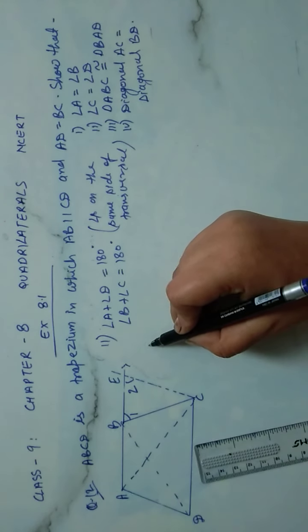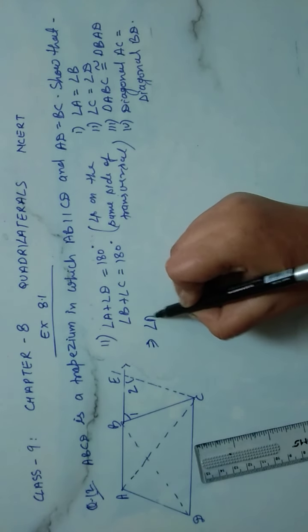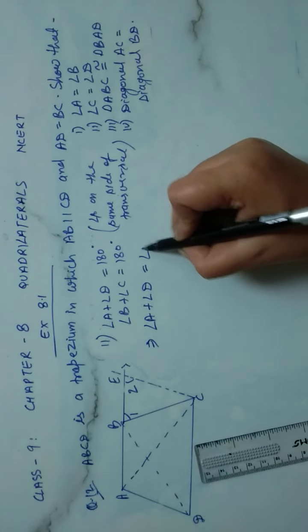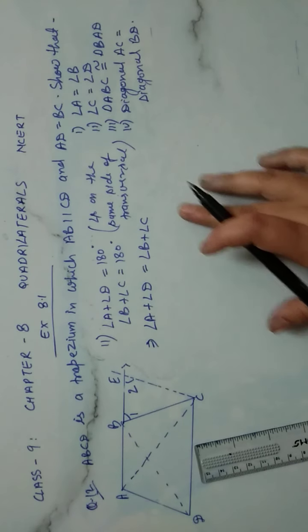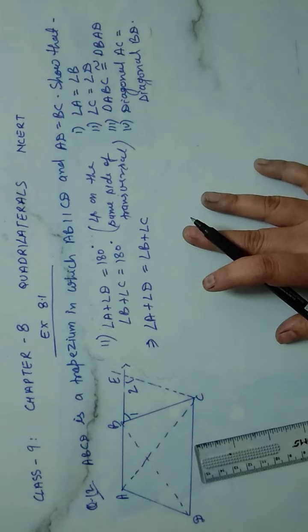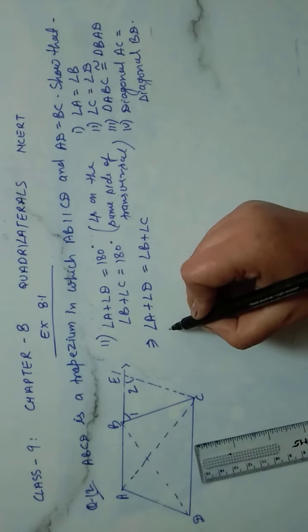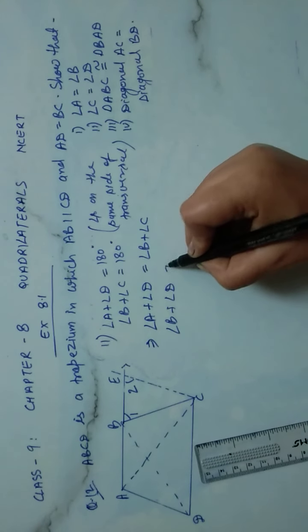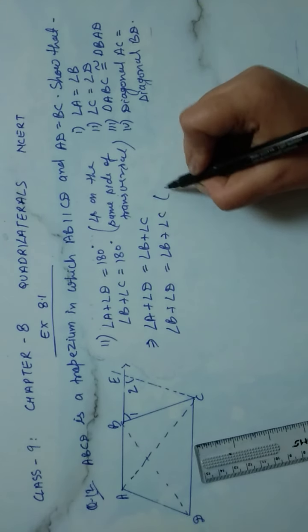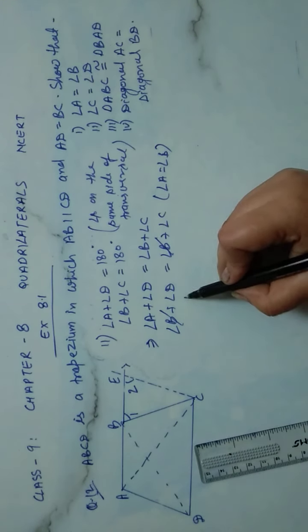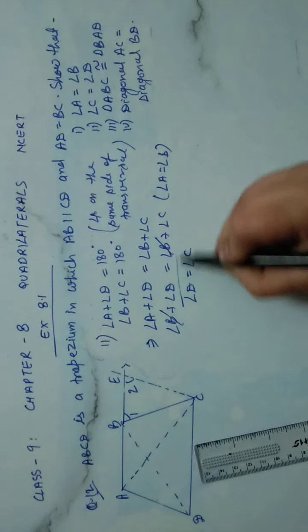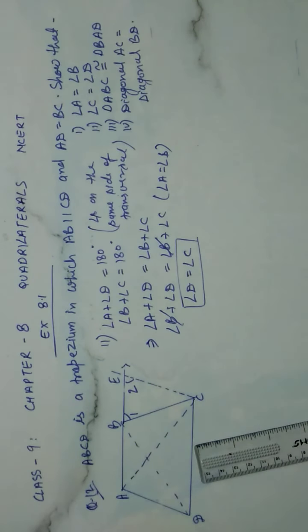Now see again here, the right hand sides are equal, so we can take the left hand side also as equal. From here we can conclude that angle A plus angle D is equal to angle B plus angle C. Now we know that angle B is equal to angle A, which we have just proved. So instead of A we can write B: angle B plus angle D is equal to angle B plus angle C. Because angle A is equal to angle B, proved above, B cuts down, so angle D is equal to angle C. So this is the second point that we have proved.